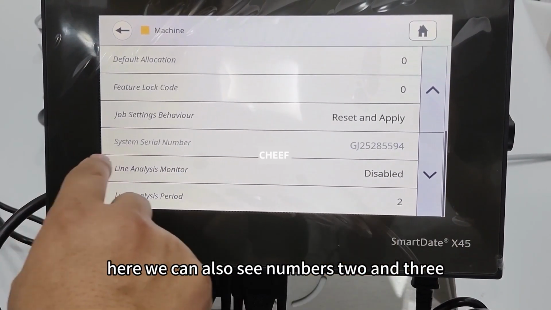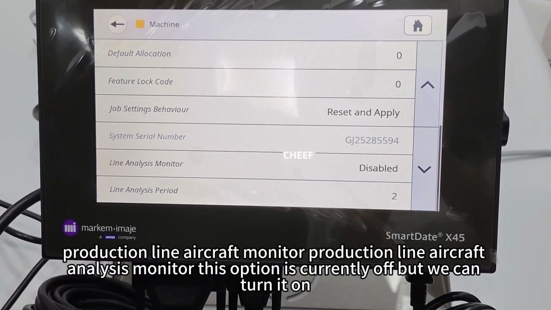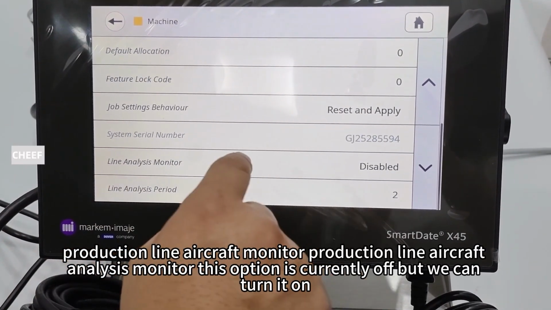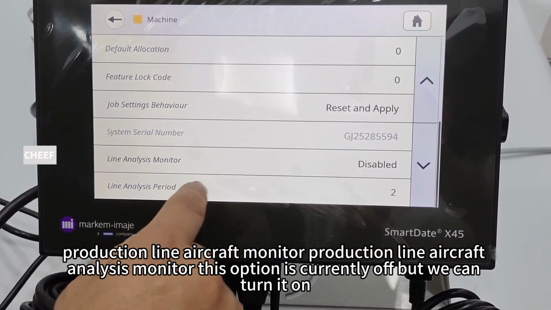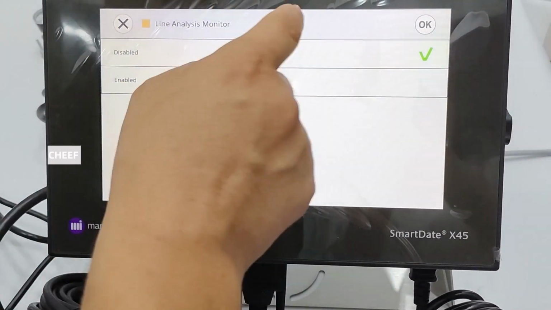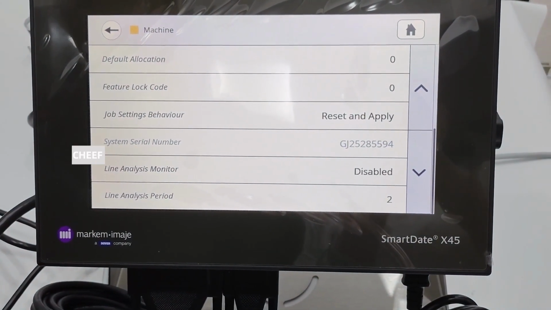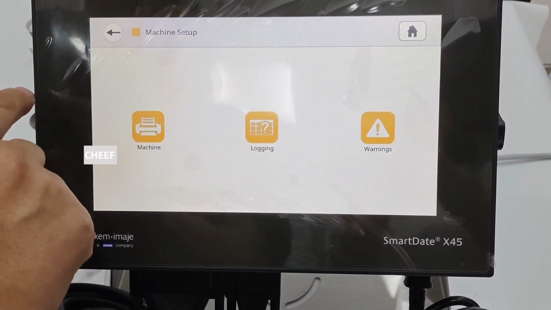Here we can also see numbers 2 and 3. Production line aircraft monitor, production line aircraft analysis monitor. This option is currently off, but we can turn it on. It is currently disabled. Inside the device,